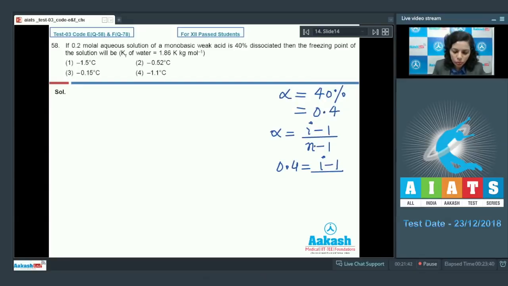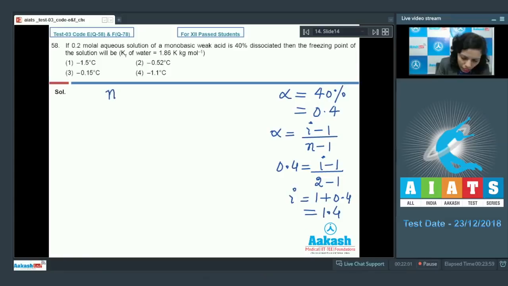upon n minus 1. So if we talk about monobasic acid, the number of particles would be 2. It would be 2 minus 1. So this value i is equal to 1 plus 0.4, and that is 1.4. So we have the i value. Now we have molality, that is 0.2 molar, and now we just want to find out what the freezing point of